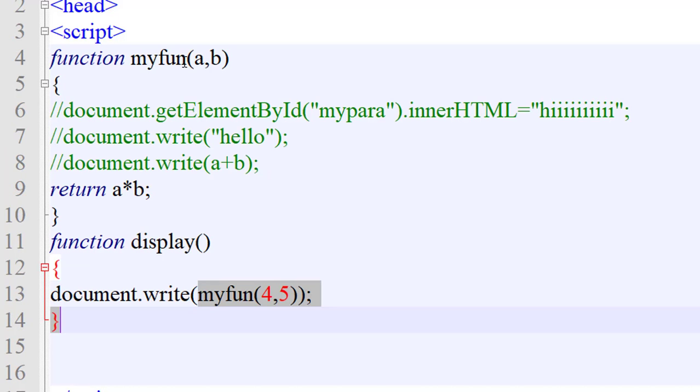In my function, what is happening is return A into B, which means multiplication happens here, 4 into 5, simply 20.